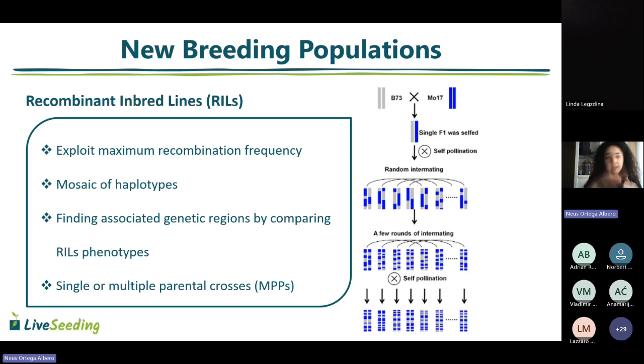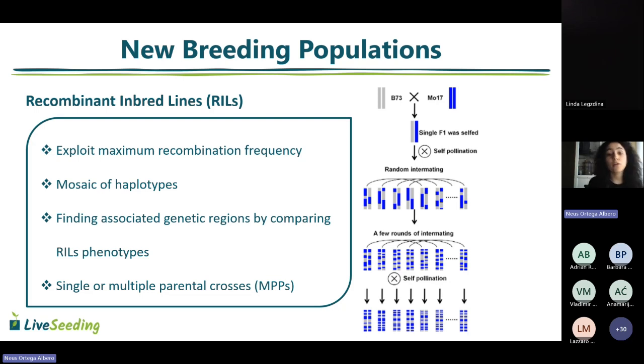So as you can see in the image, basically we do a single or multiple cross, just focus on a single one, and then we self this F1 to obtain an F2 with more recombination events, and then we can even self more this F2 and fix through selfing to obtain a collection of lines which would be the RILs